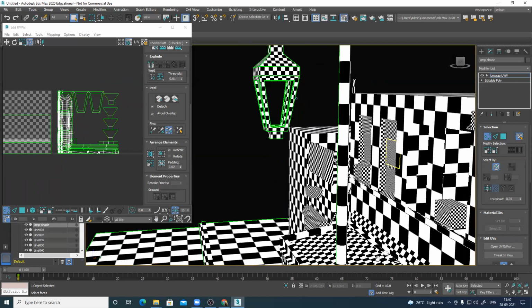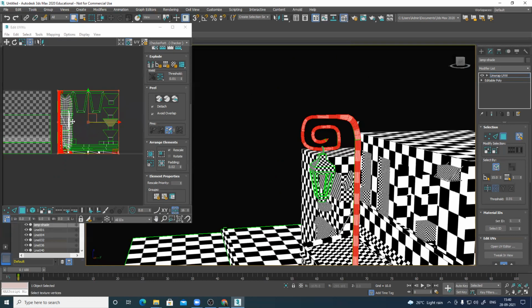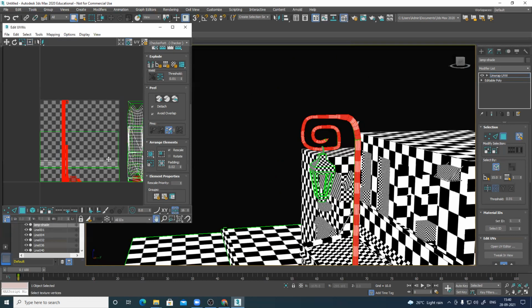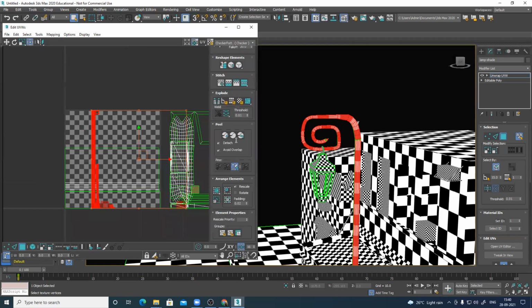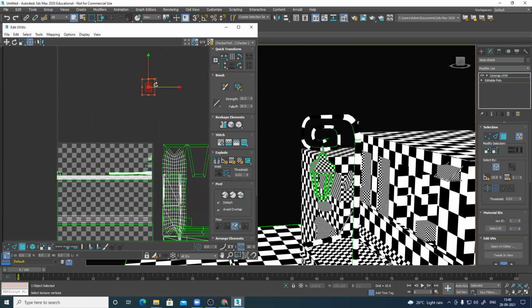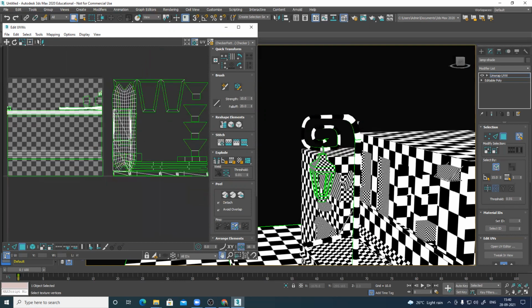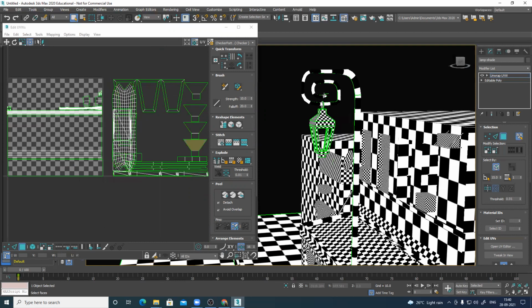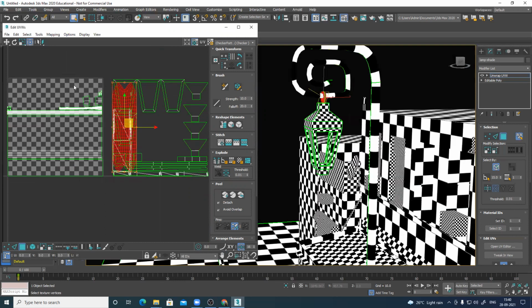So based on this, let's see. Select this entire element. Rotate. Fill it. Now we have this ring, which is this one.